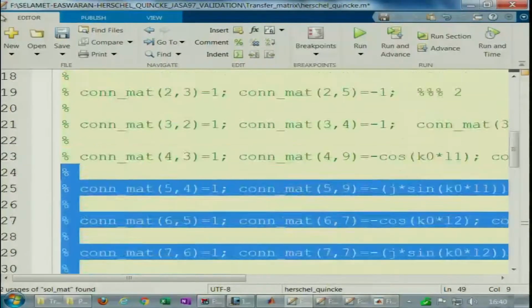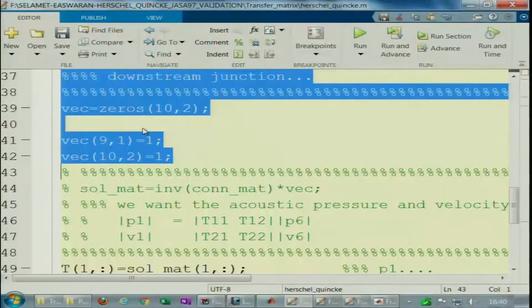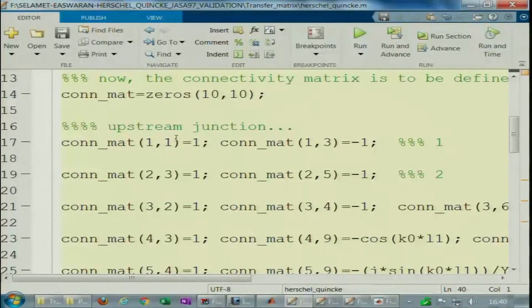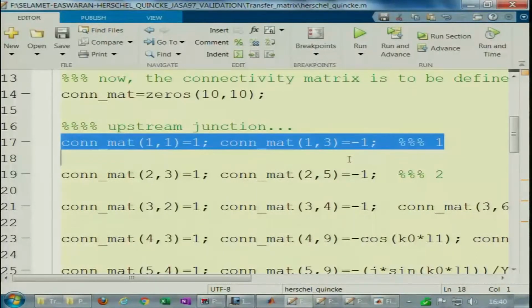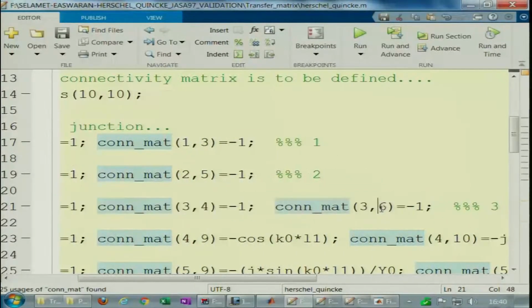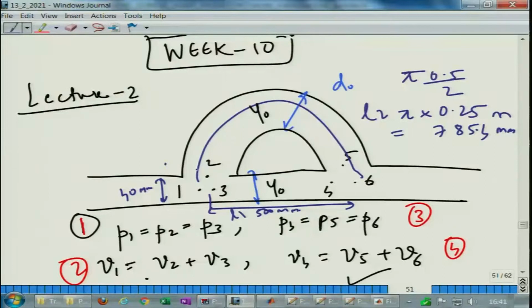So, we are going to comment out the entire thing and I am just going to walk you through the code. I encourage you also to start coding. It can be any language, not necessarily MATLAB. So, we define a connectivity matrix like 10 cross 10 where remember we want to invert, A inverse B. So, we are getting the C matrix and we are taking only a chunk of that, only the first few rows. So, this is your 10 cross 10 matrix, and here your first row is P1 is equal to P2, P2 is equal to P3, that kind of relation. Then there is the mass velocity conservation equation,